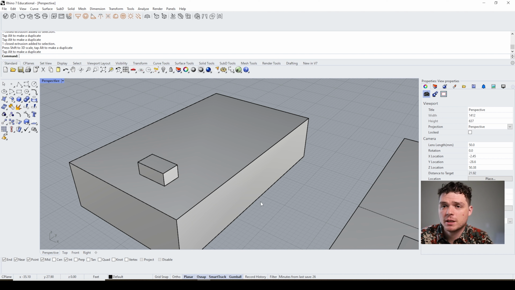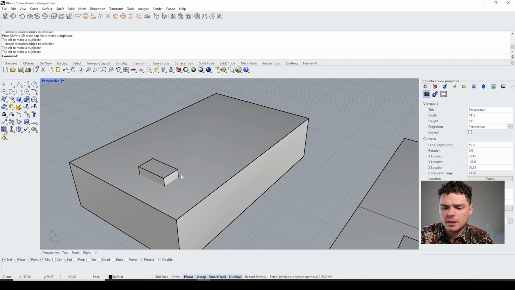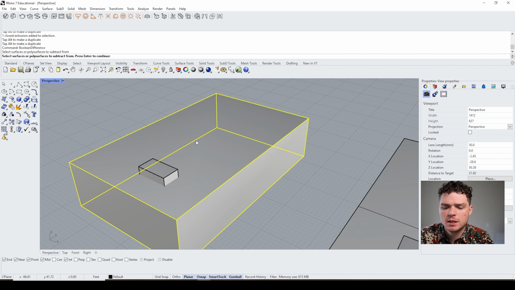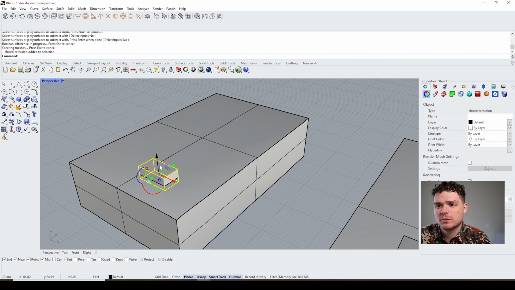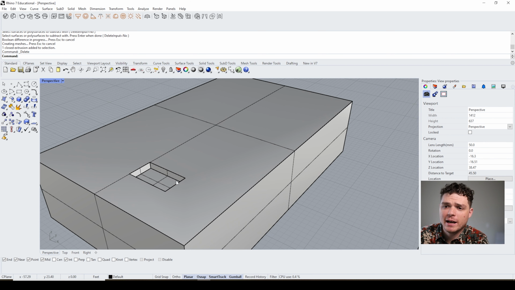So the first one is the Boolean difference, and so this is a pretty common command, and in order to do that, you just type in Boolean difference, and it gives you prompts here. The first one is select surfaces or poly surfaces to subtract from, so I want to subtract from this main base. Then I'm going to press space. Then I'm going to select surfaces or poly surfaces to subtract with. I'm going to click the item that I want to subtract from. You'll notice that it kept the geometry there, which sometimes you want, sometimes you don't,